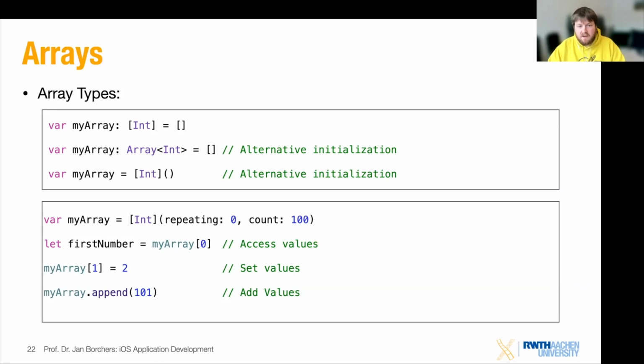If I want to access values, that is just taking the variable name and then having in square brackets the index that I want to access. So starting, of course, at 0, taking index 0 will give me the first element of the array. I can also access it with a function, just calling first on the array, that will also give me the first input there.